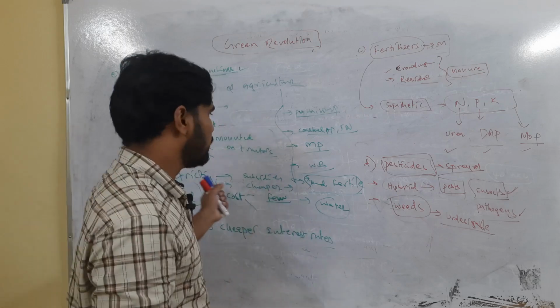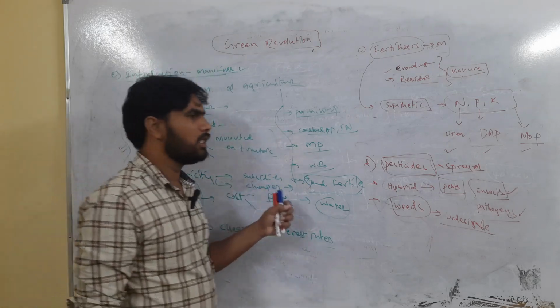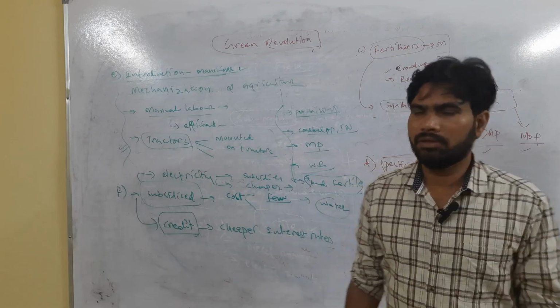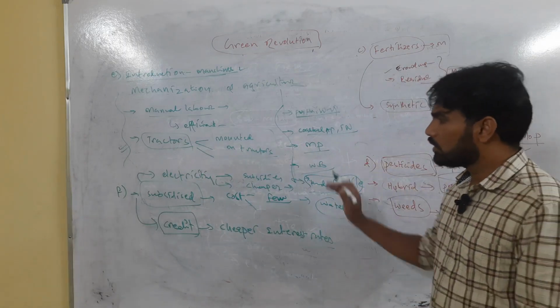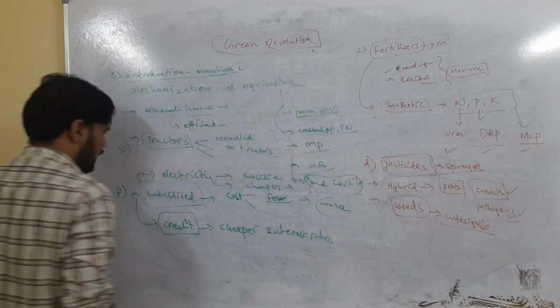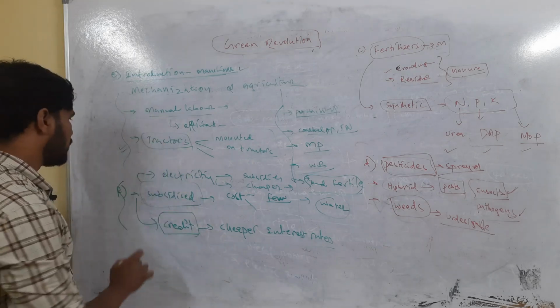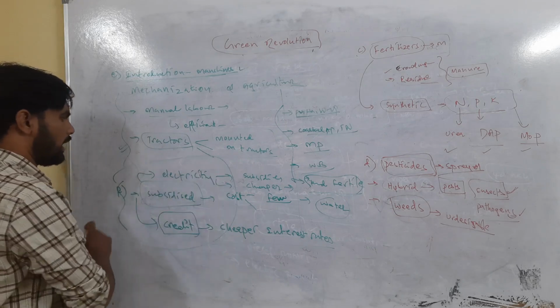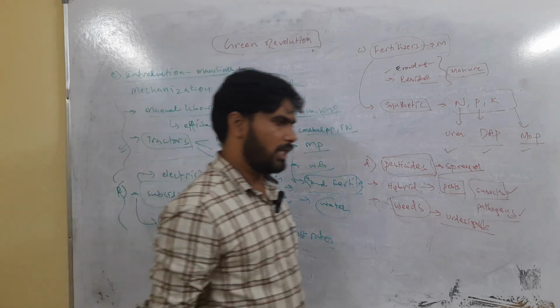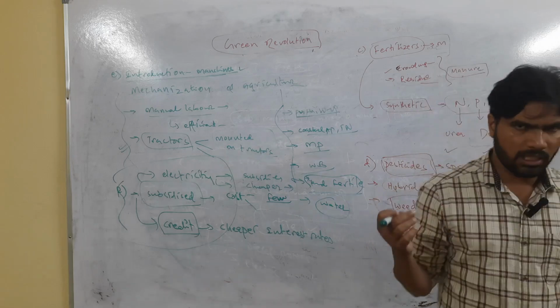Okay, those problems, all these things, we will study the impact of the Green Revolution. So these are the regions. To fulfill all these inputs, farmers were provided subsidized equipment, subsidized seeds, then subsidized electricity.